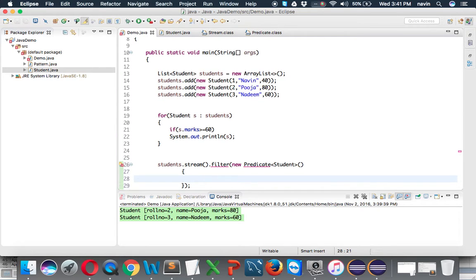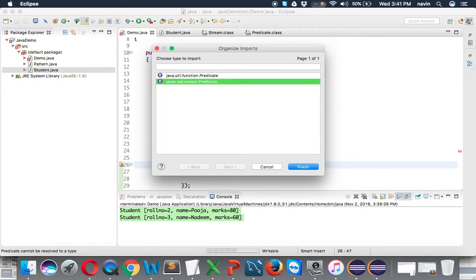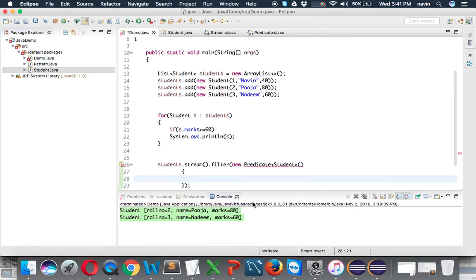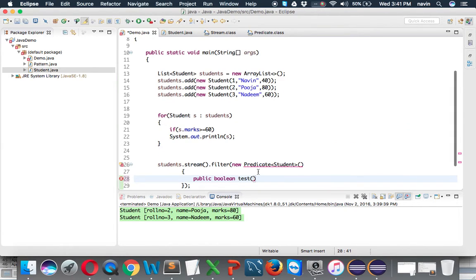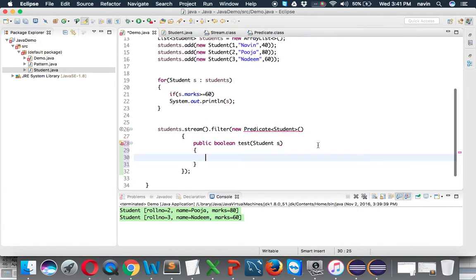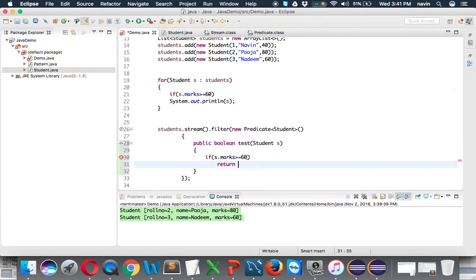This is an anonymous class which I'm creating here. Let me import the package Predicate, and the method name is public boolean test, which accepts, is it boolean? Yes, it is boolean. This is test, which accepts a string, a student value, and we'll check if s.marks is greater than or equal to 60, return true,